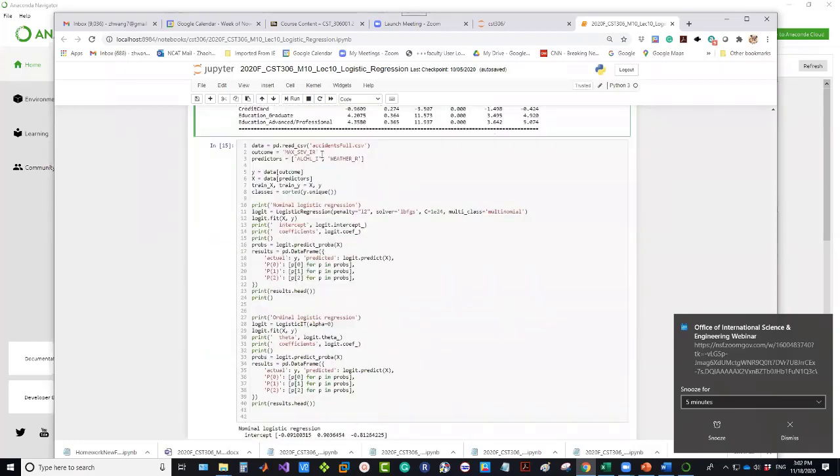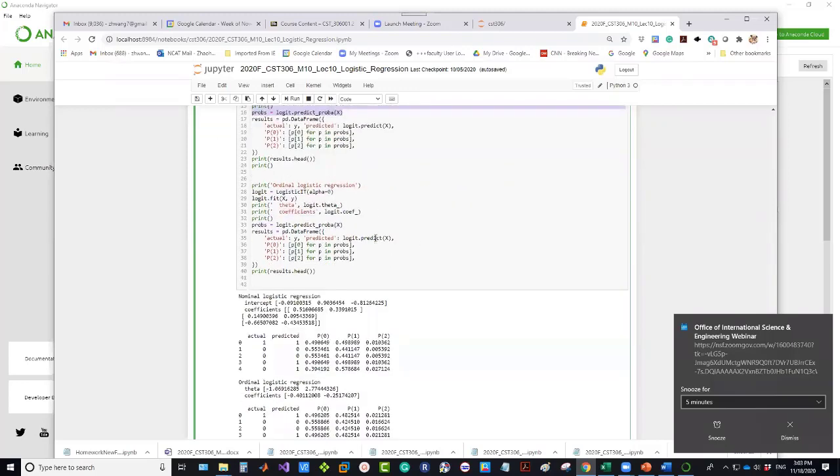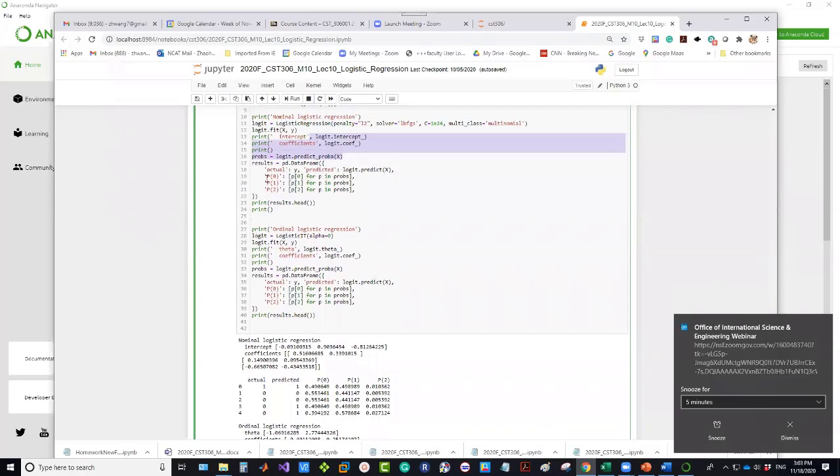Next one is for the data accidents.csv. Okay, we define the outcome variable, predictor variables, and the data simulation, and the model is logistic regression. Then we train the data and print the intercepts and coefficients, all the same as before. So then we print the probability value, actual value, predicted value for the